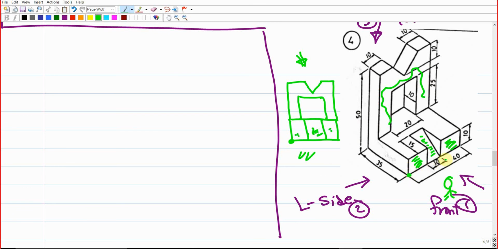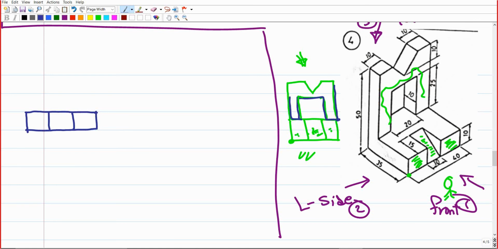I'm gonna draw a horizontal line 40, then I'm gonna jump up with 10, then 40, and close the shape. And this gap in the middle, it should be 10. So what I'm gonna do, I'm gonna draw a horizontal line from the left, move to the right with 40. Then I'm gonna jump up with 10, then to the left 40, then down 10. Then I'm gonna break the shape in such a way that this distance in the middle, it should be 10. Make sense? Then I would like to draw this shape, this face,